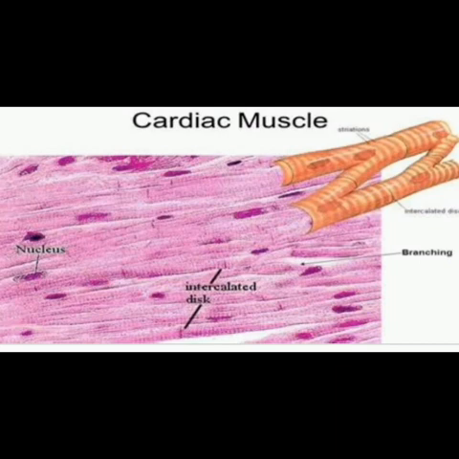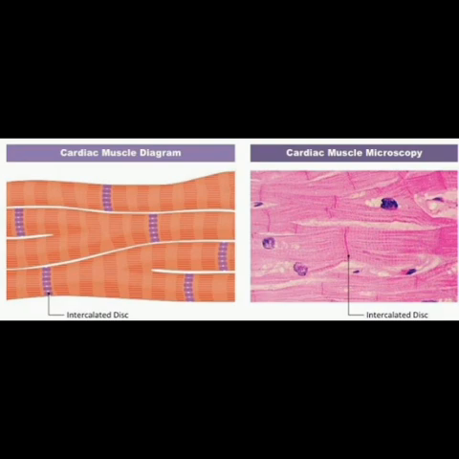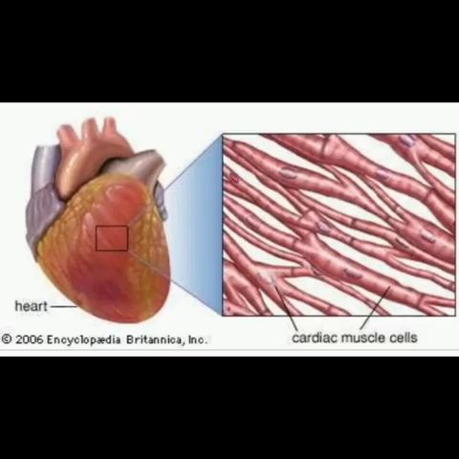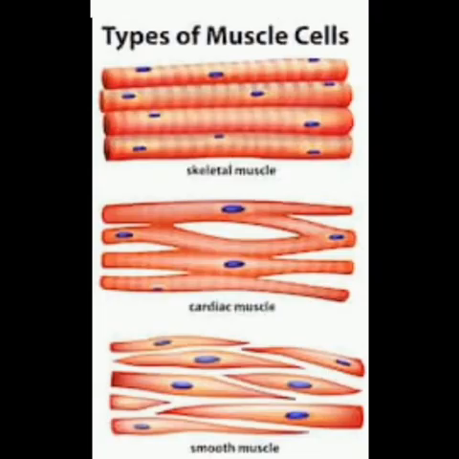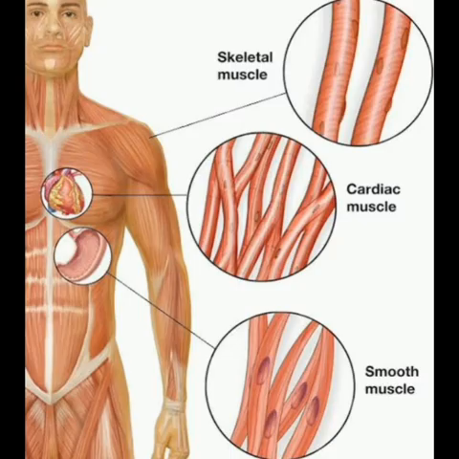Do they have any connection with the next muscle fiber? Yes, they have connections with the next muscle fiber, means they are branched. We know that cardiac muscles are involuntary muscles as they work on their own without our will. Cardiac muscles are unique as they show rhythmic contraction and relaxation throughout life. You can now compare and contrast the three different types of muscle cells in our body.